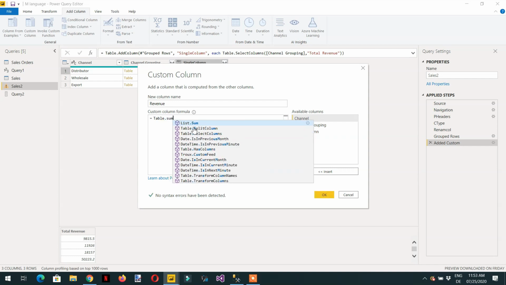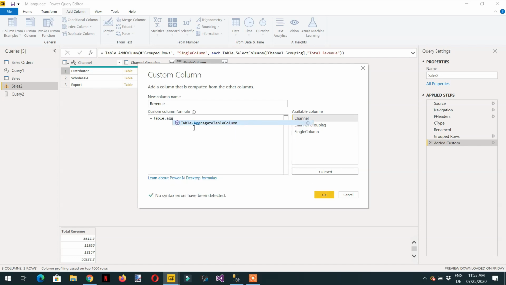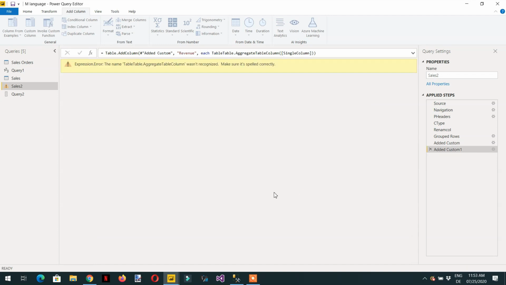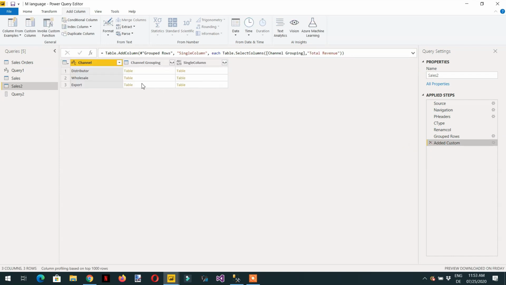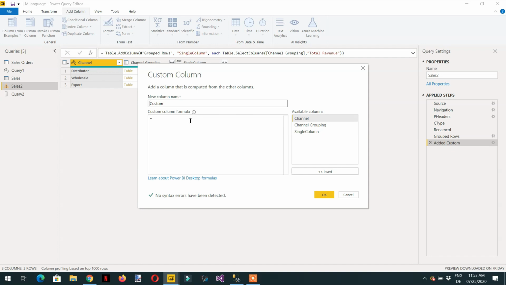See, we don't have a sum function. Aggregate table column. Okay, and here if we provide single column, and click OK. Aggregate table dot, okay, again there is some problem. We click custom column and revenue,